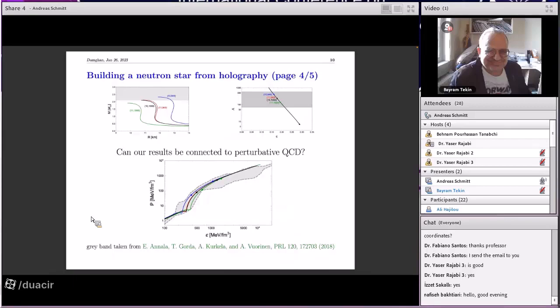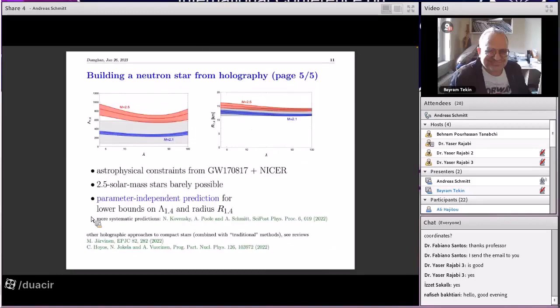At very high densities, our curves deviate, but that's understandable because our model is not asymptotically free, so we don't expect to reproduce perturbative QCD at asymptotically high densities. Finally, before I conclude, what we've done is, when you realize you just have 2 parameters compared to 20